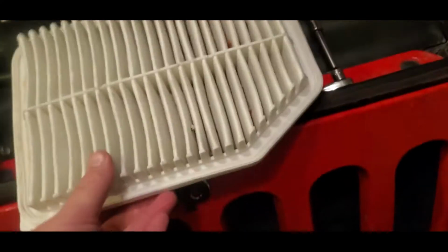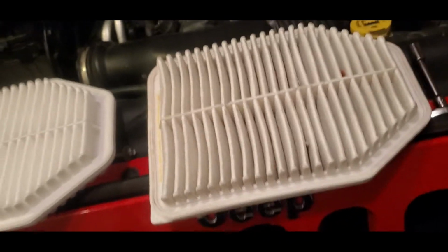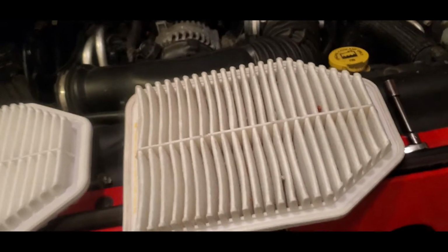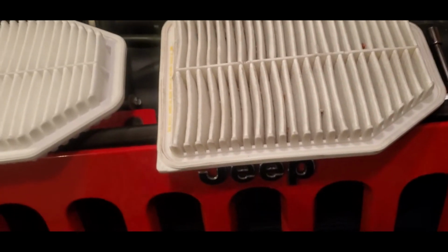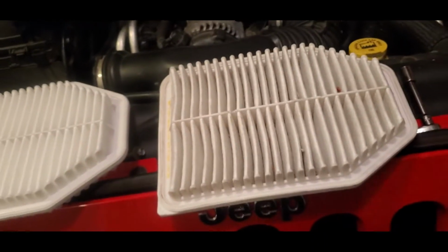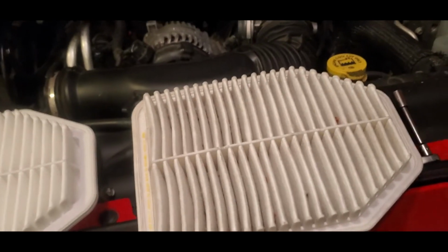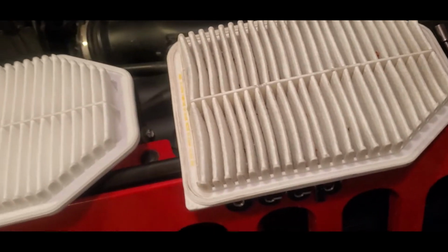But if you're actually going off-road, stuff will go into those filters, and we'll actually clog them up. These paper filters, they're cheap. You don't have to take them out and wash them and clean them. And those things, like those K&N reusable filters, if you're running a hot rod, track day, that's great, because most likely the track's not going to have a lot of stuff on it, like you'd run into on the street. But if you're going off-road, dusty, muddy, dirty trails where stuff's getting tossed up,